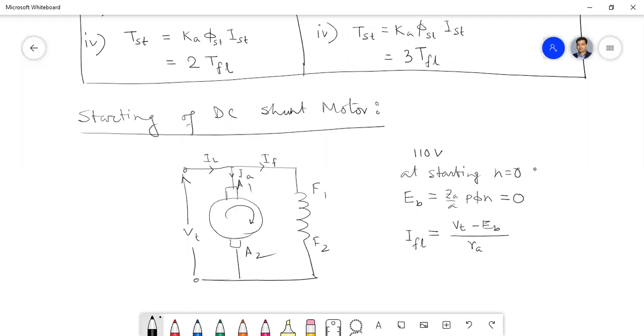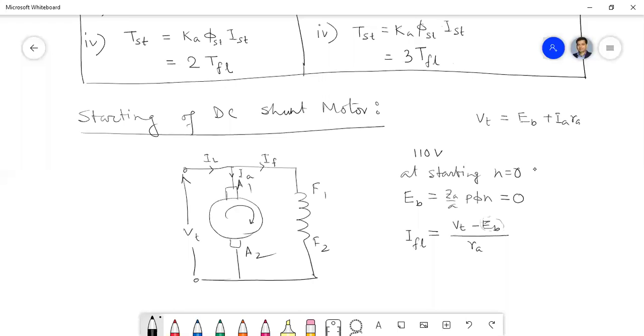That means you know this expression that Vt equals EB plus IaRa, which you already know for the DC shunt motor or any DC motor. Now at full load condition, you will get a sufficient amount of EB. So that means there the full load current will be